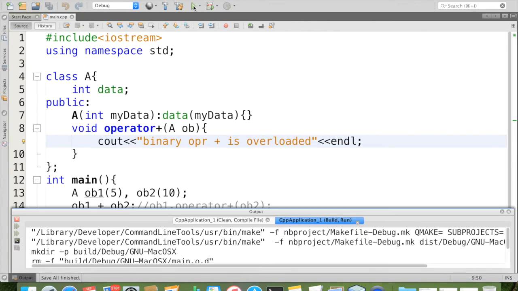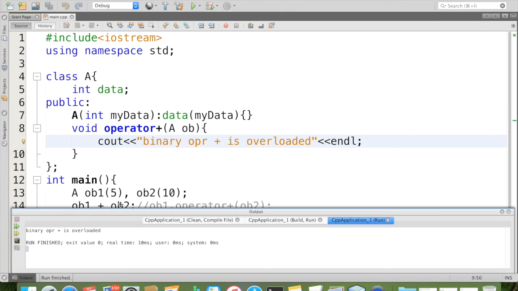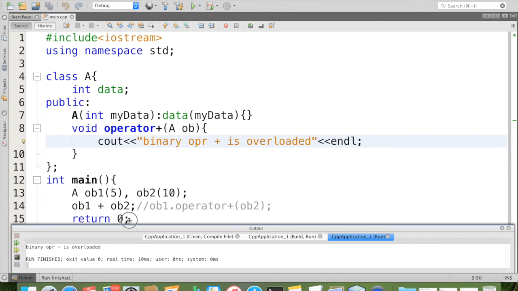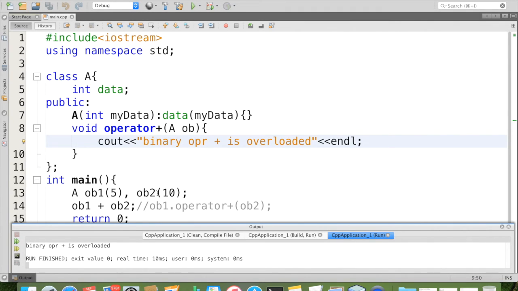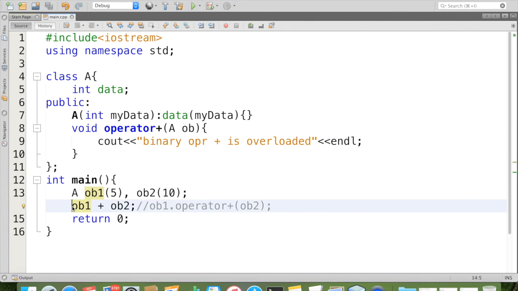So let us run the code now. We can see in the output we are getting the expected thing, that is, the binary operator is overloaded. When this line is executed, we can see that the void operator plus(A OB) method of OB1 is invoked. If we want, we can comment this out and execute this one.